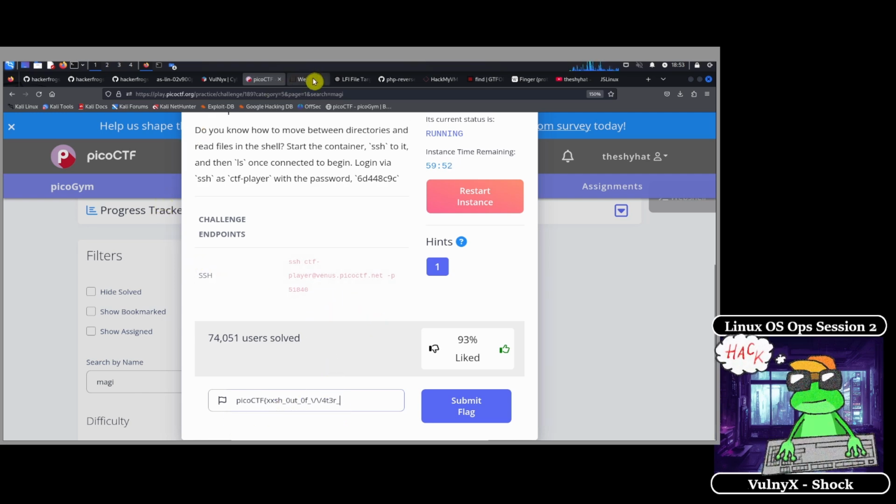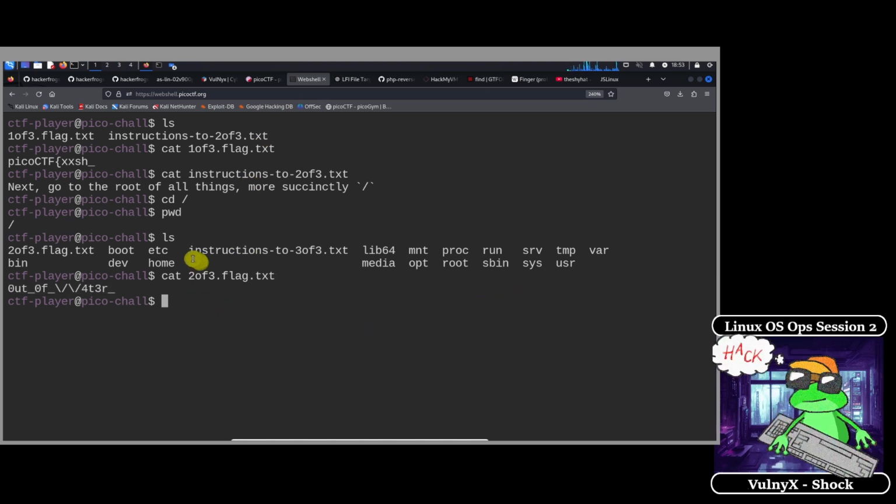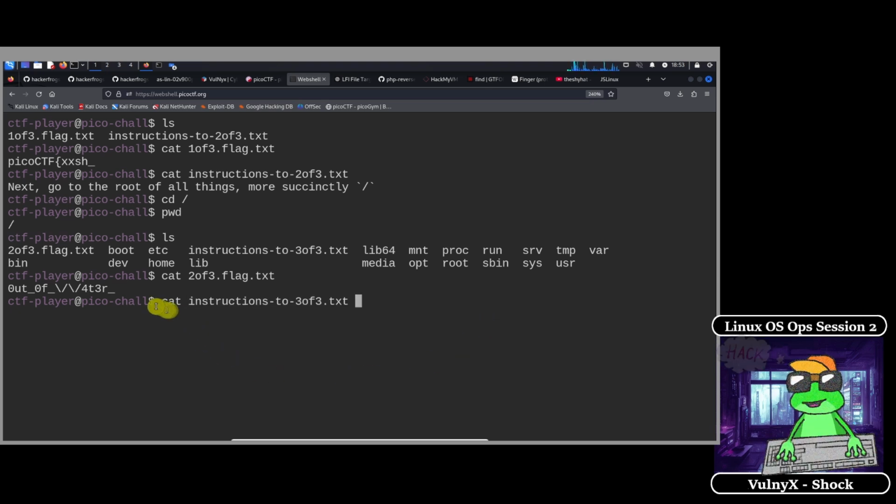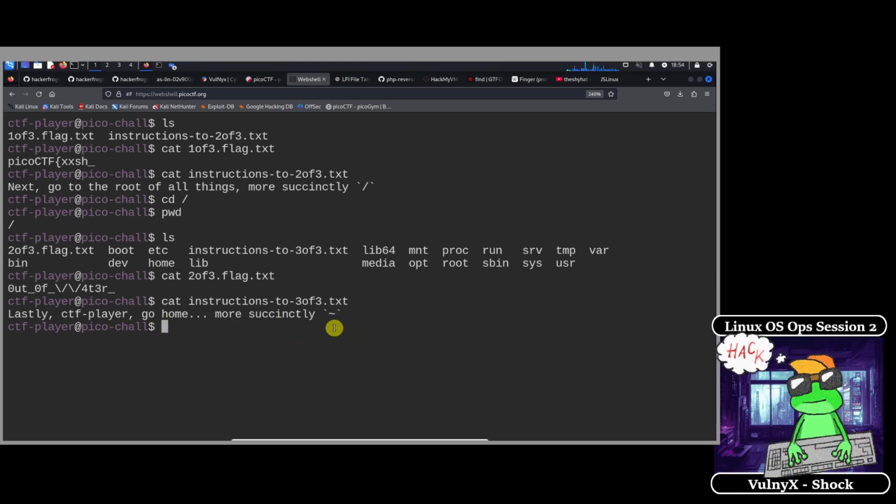Back at the web shell, there's the instructions-to-3of3.txt file here. We're going to read that. And then the file has inside of it, lastly, CTF-player, go home, more succinctly, this symbol right here,